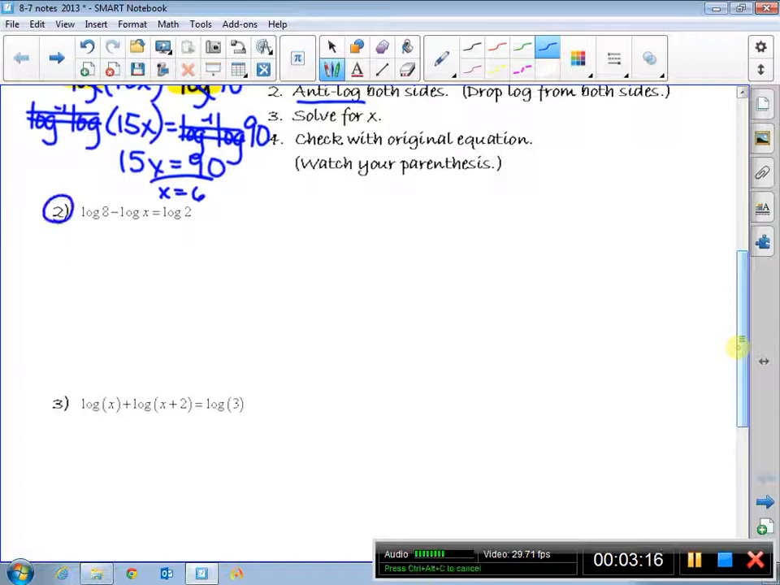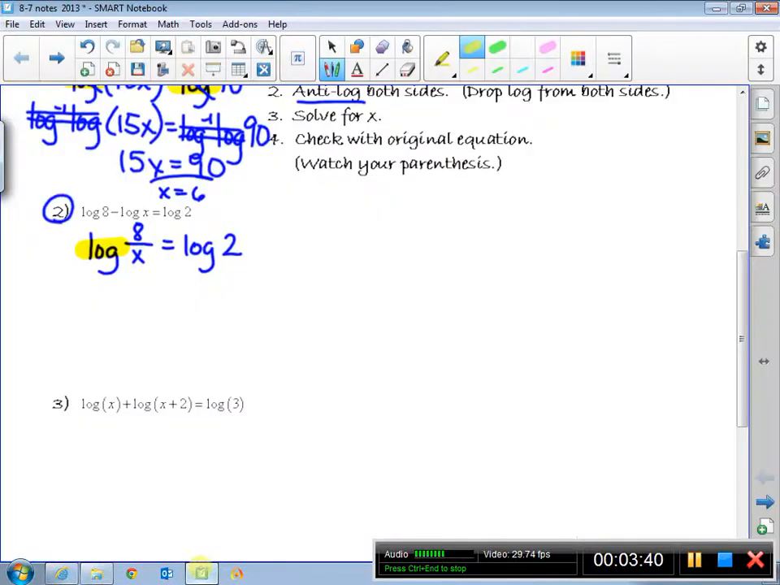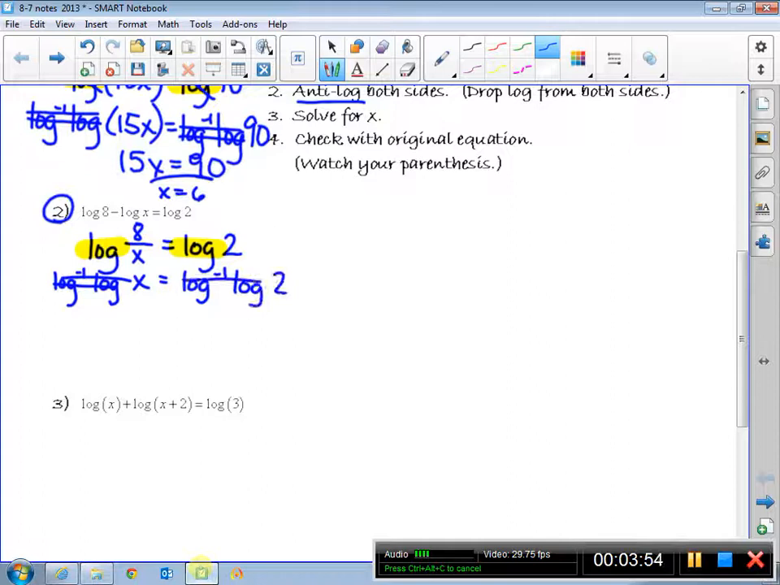So on the left-hand side, I have the subtraction of two logs. As a single log, that is 8 divided by x. Now I see I have a logarithm on both sides. So since I have a logarithm on both sides, I can anti-log both sides. Log inverse of log x, log inverse of log 2, and I end up with x equals,